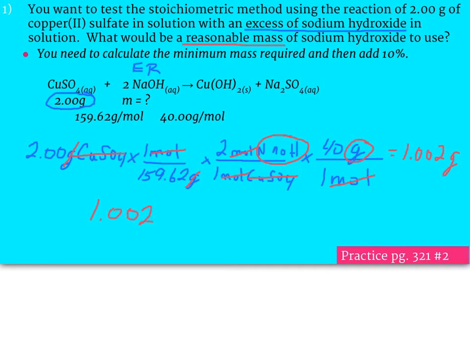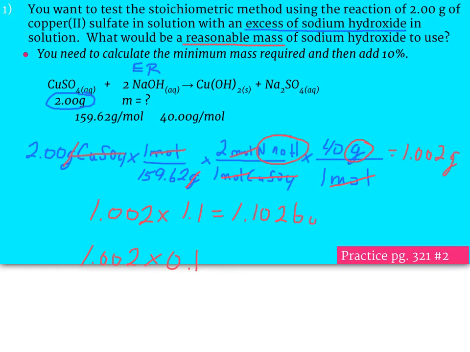Again, I'm not clearing my calculator. And I'm going to multiply this by 1.1. Multiplying by 1.1 makes sure I get back my entire answer plus my 10%. The other way I could do this is 1.002 multiplied by 0.1. That would get back just my 10%. The first way I'm doing it here, I'm going to get back an answer of